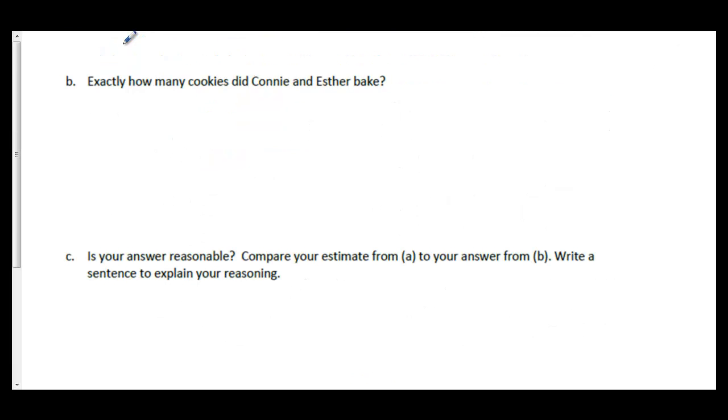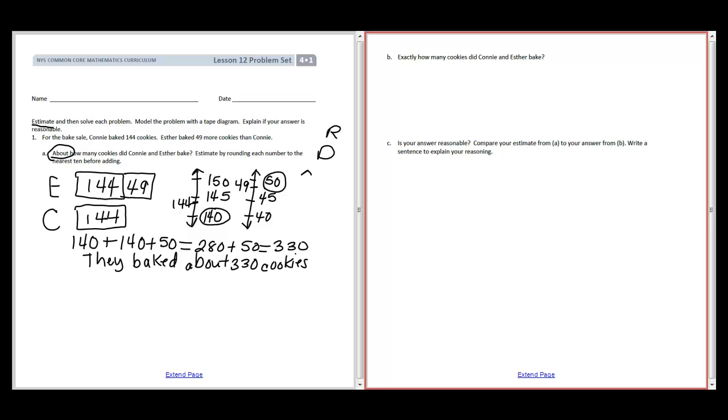Now it says exactly how many cookies did Connie and Esther bake. And I'm going to go on the split screen so that I can see my numbers. So I'm not going to redraw this picture because it's going to be the exact same picture. But the word exactly tells me that I'm not going to estimate this time. All I have to do now is make an addition sentence. So when I'm adding numbers, I would prefer to add them vertically than horizontally. So I'm going to start by adding 144 plus 49 to see how many cookies Esther baked, which would be